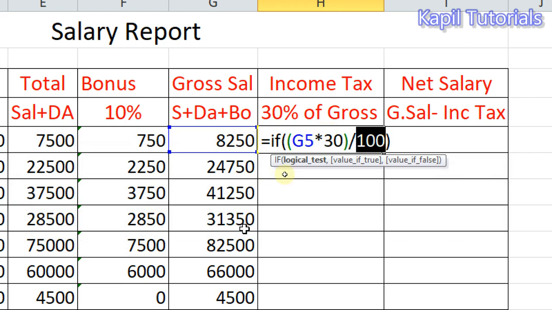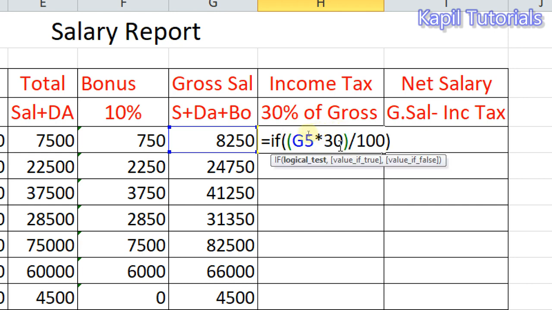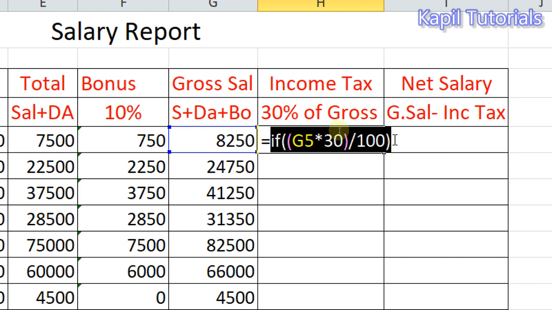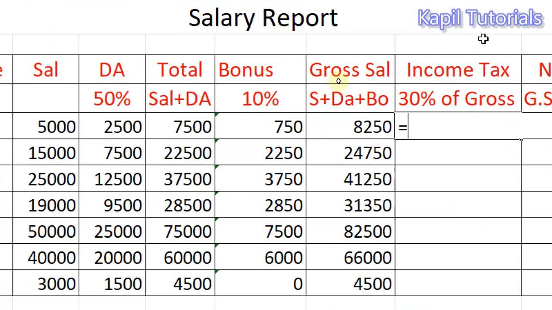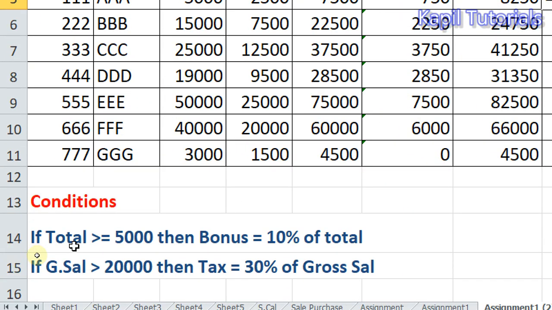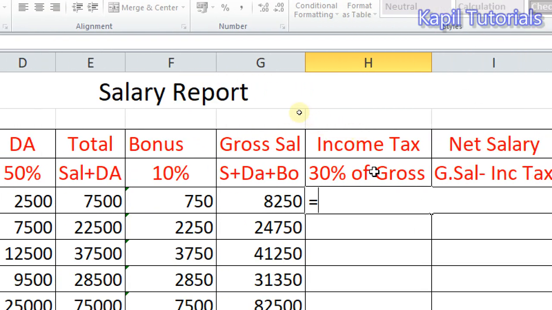Some error is coming. I'll see why this error is coming. Okay, I have not given the condition. If I'm not giving any kind of condition, it will give the error. So here for income tax, yes, a condition is there.